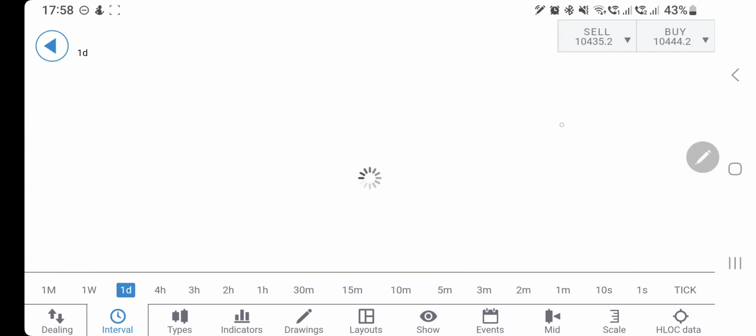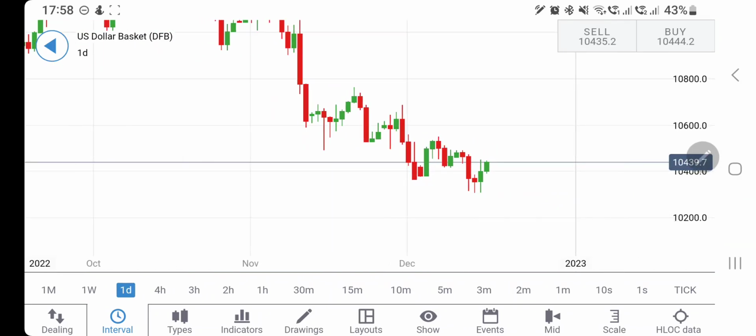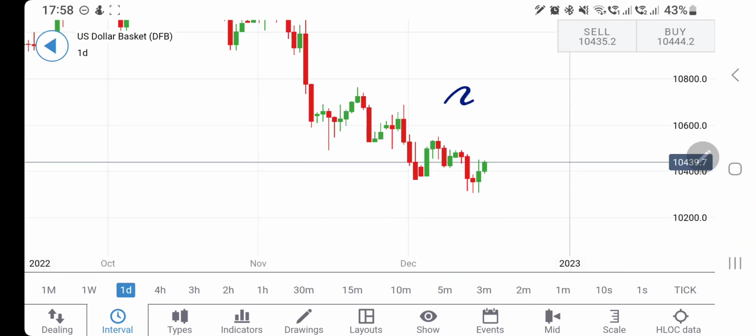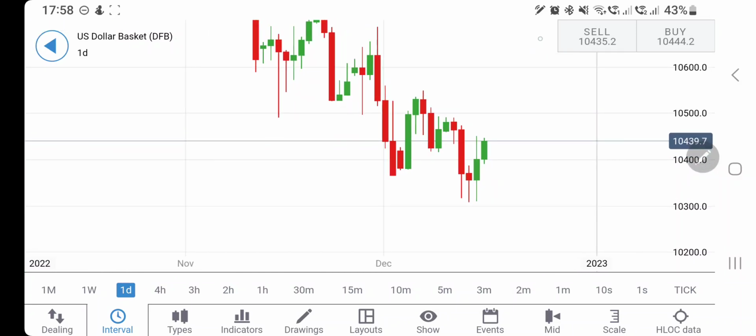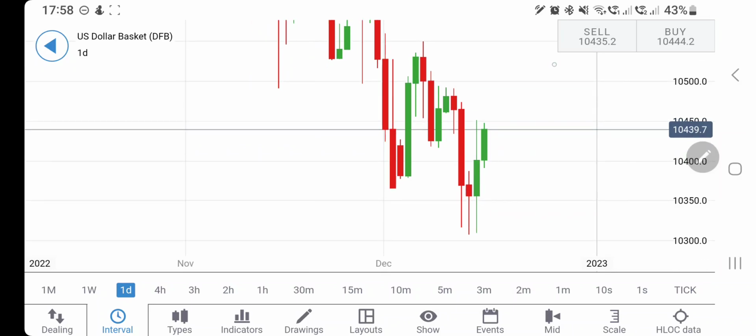Let's start. First we look into the charts followed with indicators. Now look at the daily movement for dollar index. You can see the last three candles have created the bottom at around 103. At the same time, another key observation is it is consistently giving you lower highs. See these two candles? Yes, it is giving lower highs, which indicates that the bulls are not very much there.